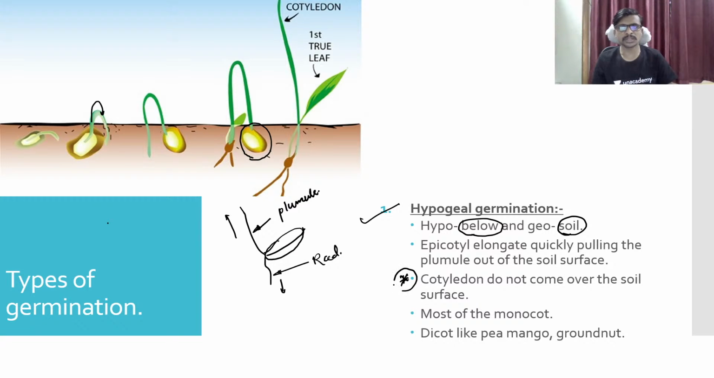I'm going to make a start on this process, because in the second style of germination, we will have the cotyledon out of the soil. Most of the monocots germinate by this style, and a few dicots like mango, groundnut and pea. Okay, so here is a comma, I just forgot to give